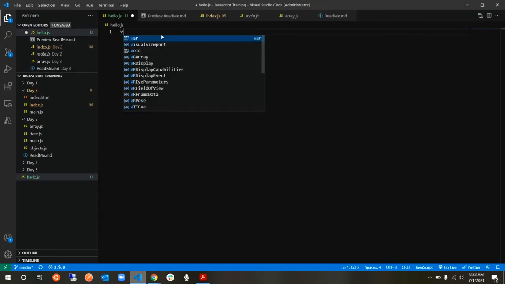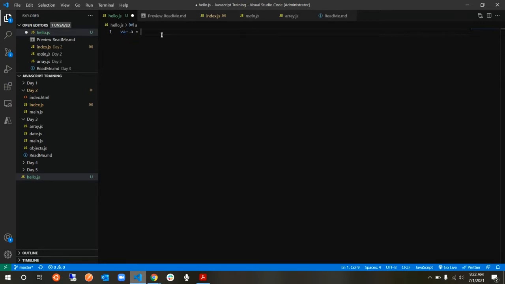For example, you defined a variable called var a is equal to 23. Now what is the scope? There is no scope for this. This is global because you did not set a boundary to this. Now let's go ahead and add a boundary. A boundary can be defined using flower brackets.